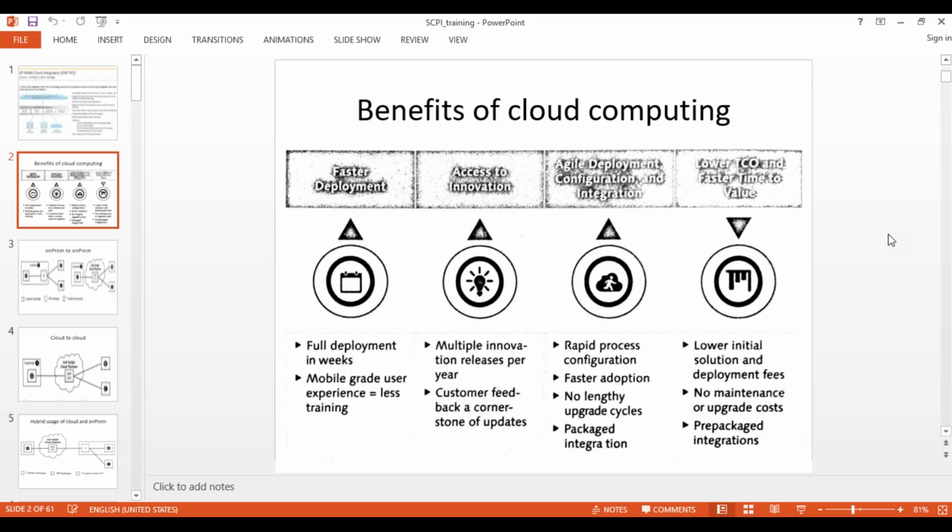And also on top of it, they are providing rapid process configuration. That means they will give you shortcuts and tips and tricks in the software, so we can save some time in configuring it. And coming to integration, they are providing some prepackaged integrations.